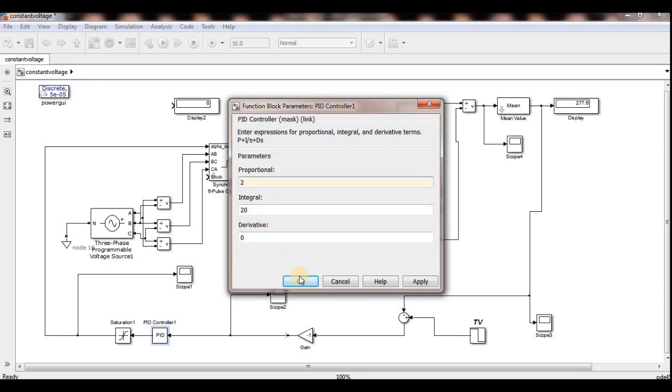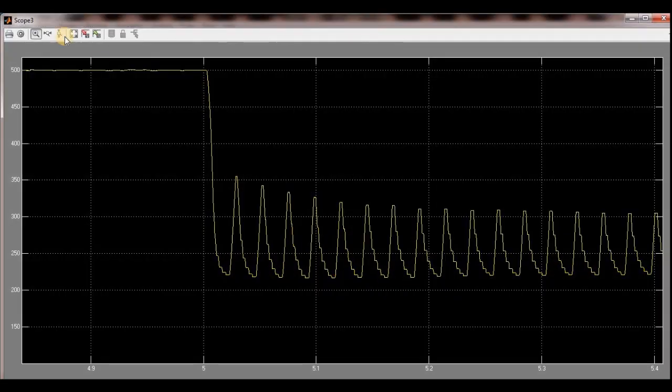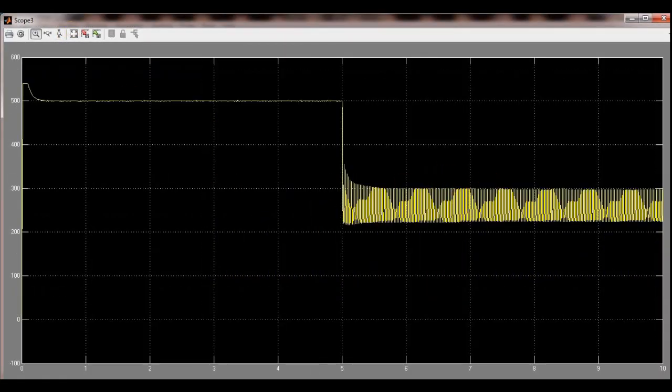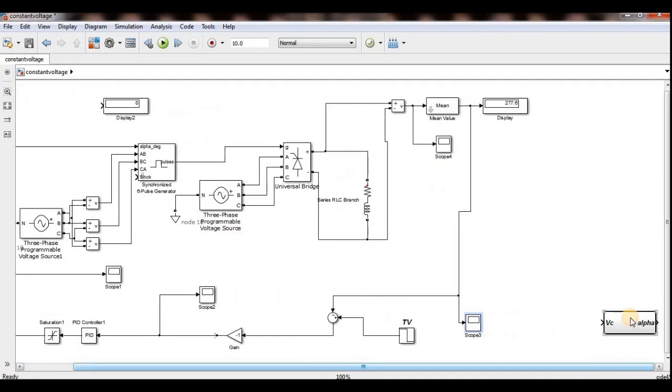Again I will make it 2, because I tuned this for another controller, so now I made it 2. So the same thing can be done with another method. See, here I am generating the alpha directly, but it will not give the pure value. See, even for these values my chattering is very high, but if I want the fine value, actually first I have to convert